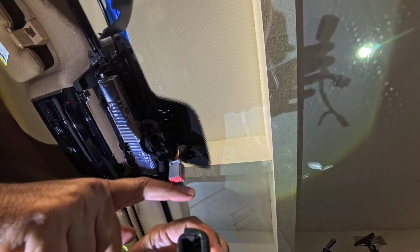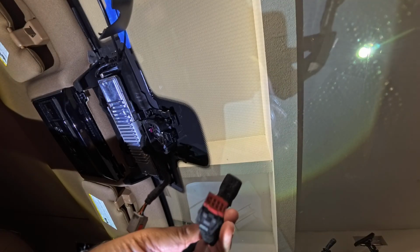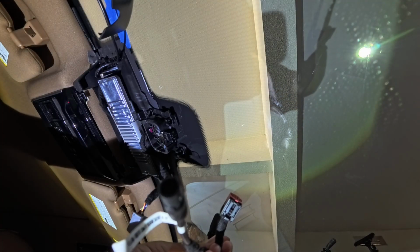This is the rear cable, and I'm just leaving it right here because later on I can run the cable. I'm going to use this cable. The cable is going to go into, and then it has two more cables, one to go back into the camera connection right here, and then the other one will get plugged into the car. Okay, after we plugged the cable in to test the camera before we start putting things together,